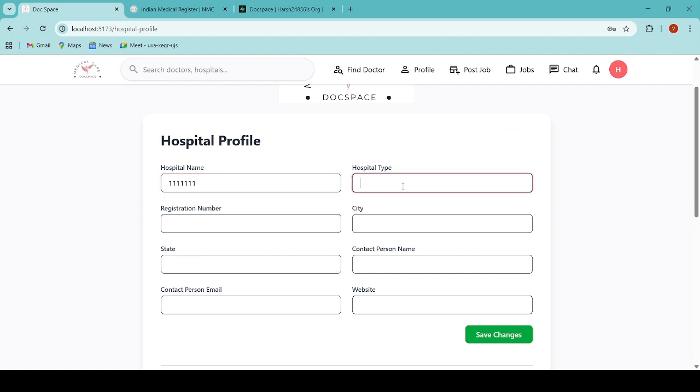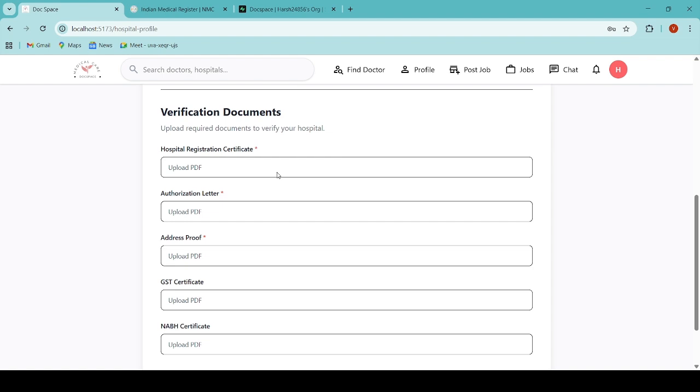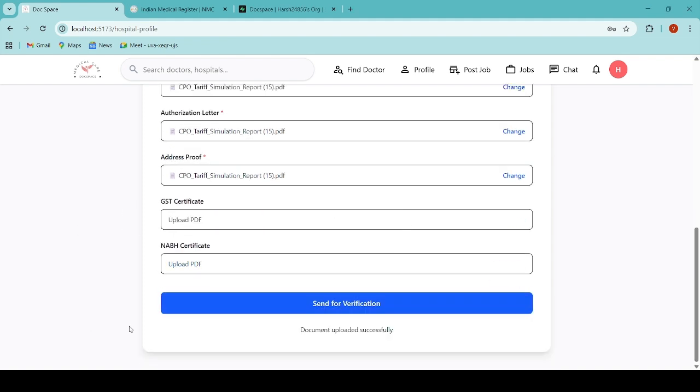I'll just enter random data for now. So again, the process is very much the same as for the doctors. You must enter these documents in order to be a verified user. So I'll just enter dummy data again for now. And these two certificates can also be handed in by the hospital, but they are optional. It will just assist, but the above three documents are